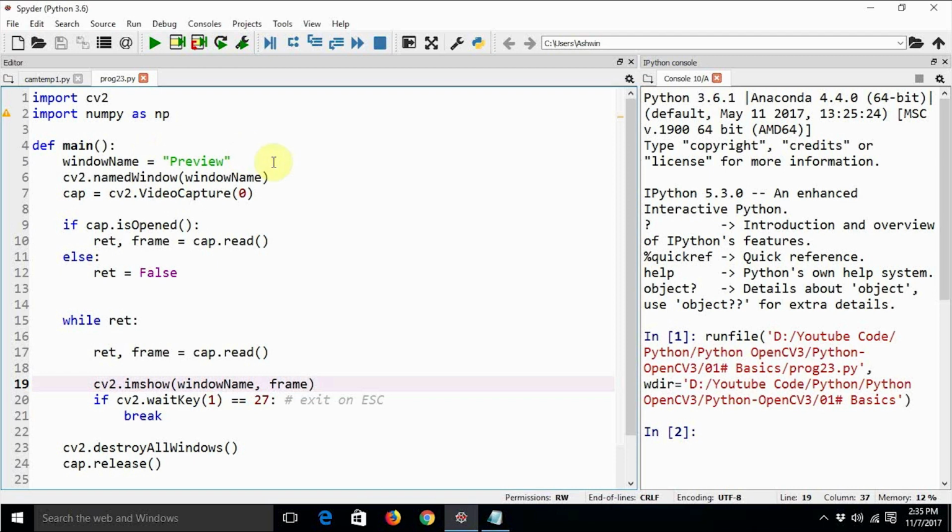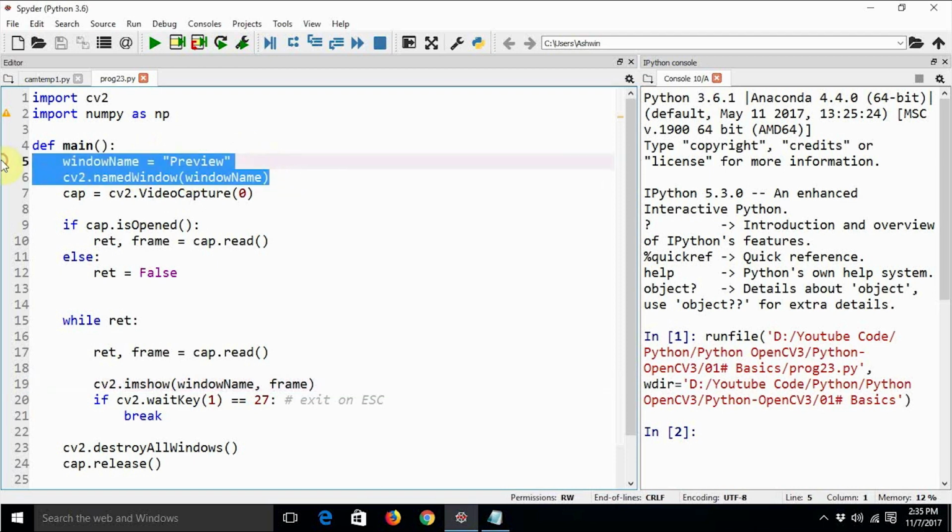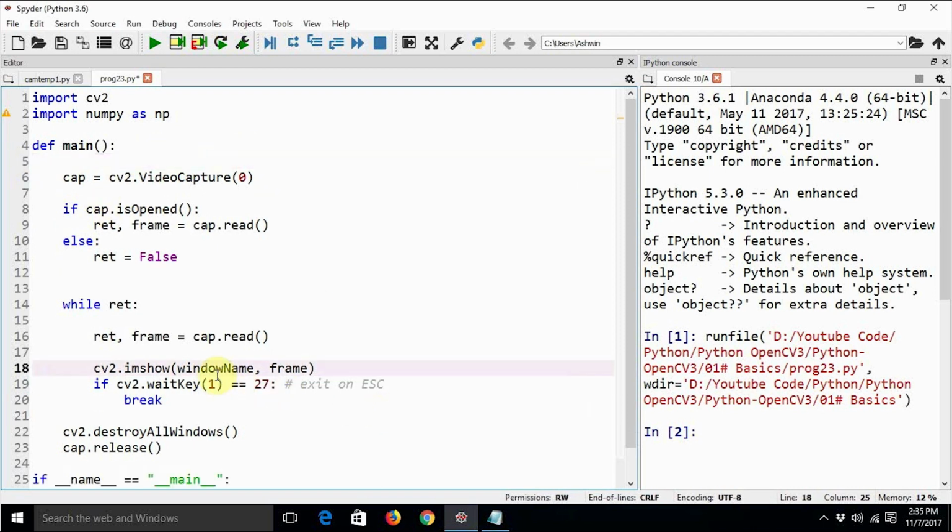We are going to delete that named window stuff, because we are going to have 3 windows in this program. So this is the original webcam feed. Now it is going to create a window with the name original webcam feed, and it is going to show the live webcam feed in that. Let's see how it works.